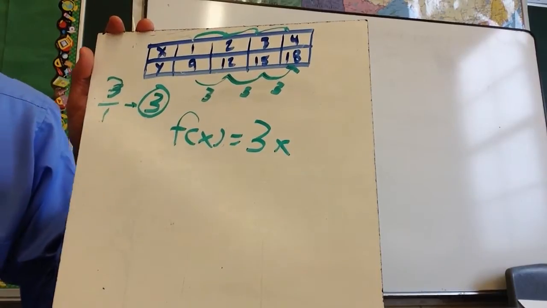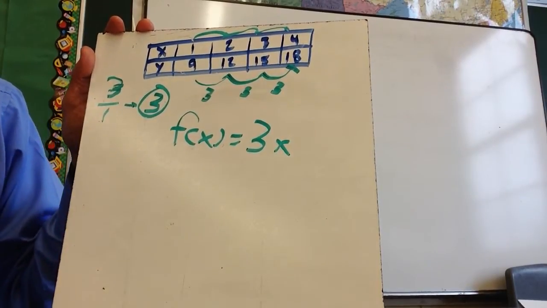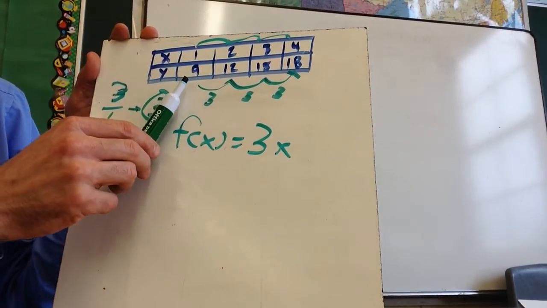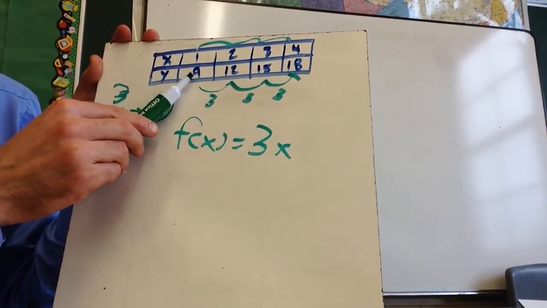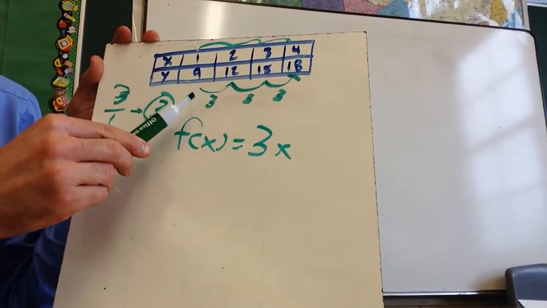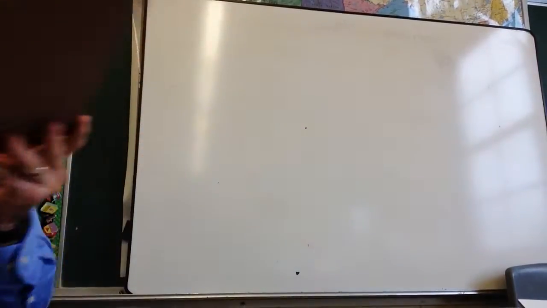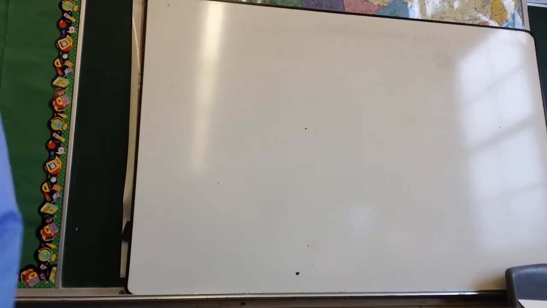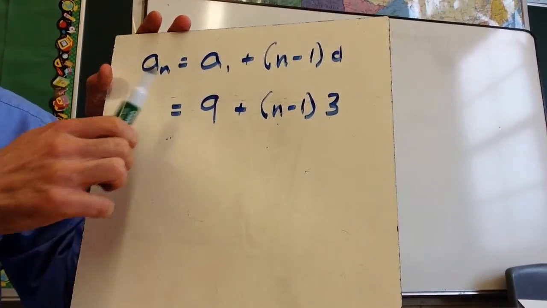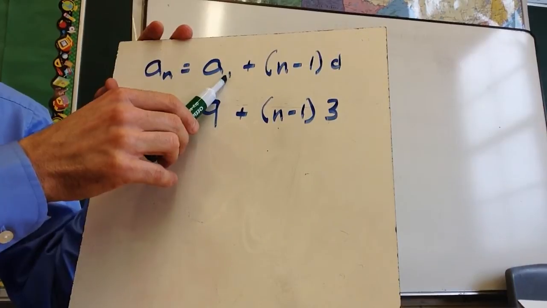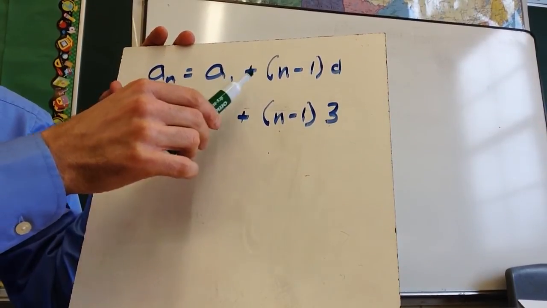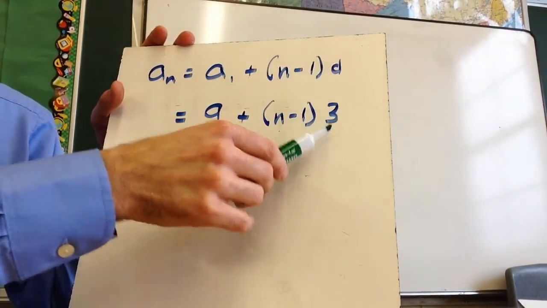So one way, I'm going to talk about 3 different ways that you could figure this out. One way is to take the formula that we used yesterday. I'm going to put it up in a second, which means I need to know the first term, which is 9, and I need to know the common difference, which is 3. And so I'm going to take this formula, which is a sub n equals a sub 1, so that's the first term,